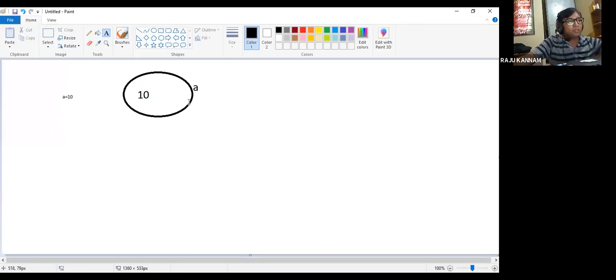So some resource is created, some memory is allotted. The name of that memory location is a, because it is difficult for us to remember the corresponding memory location. For easy purposes, we give the variable name a. The moment you give a equal to 10, the operating system searches for a free memory location, the memory is allocated there, and 10 will be stored in that memory.